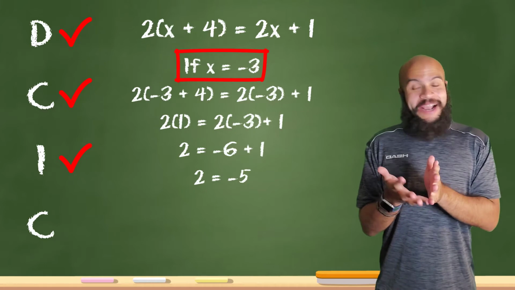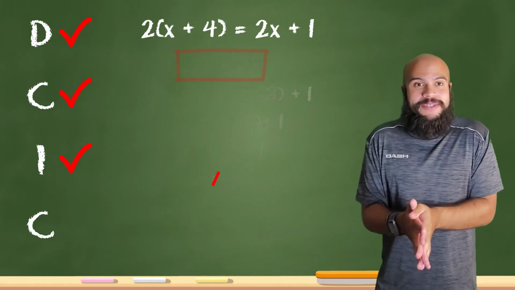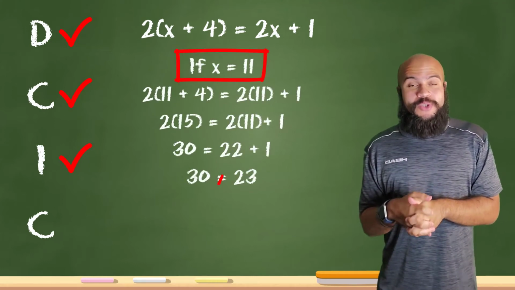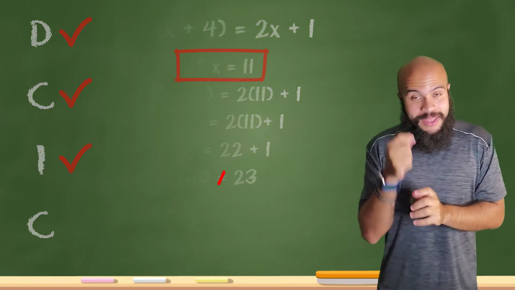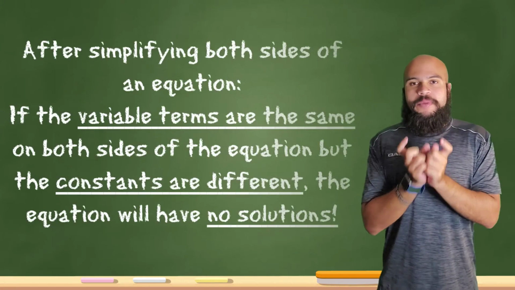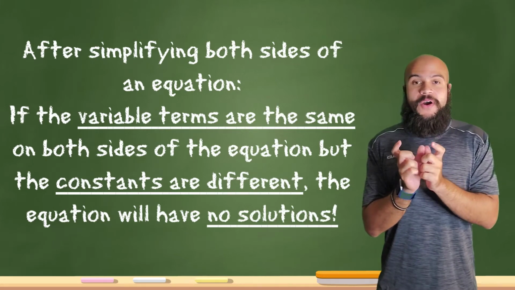These equations actually cannot be solved. There is no solution, meaning no answer. Now, if you want a little hint on spotting no solution equations early, listen up to what I'm about to say. If your variable terms on both sides of the equation are the exact same,